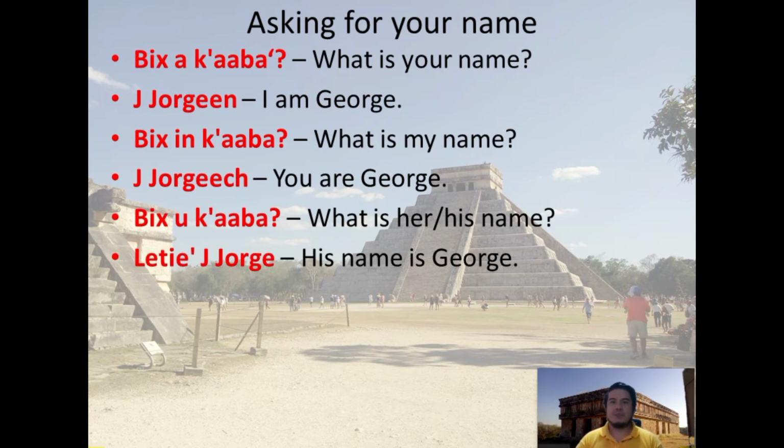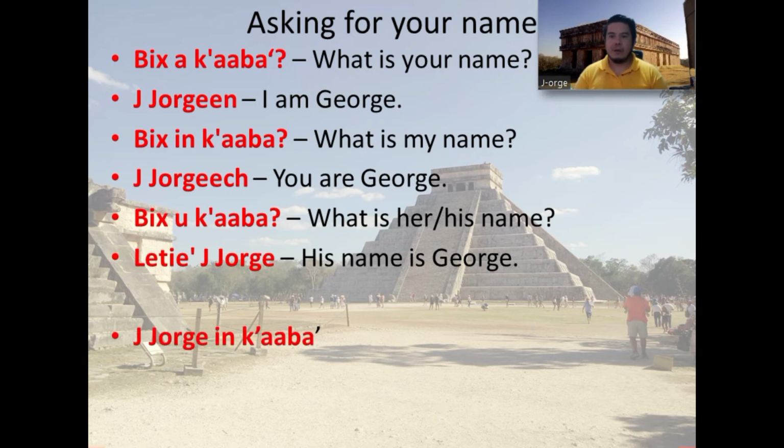It is important to notice that the pronoun Letier is the third person singular pronoun for he or she. Then we have Jorge, where the first J is the title, and then we have Jorge, which is the first name. And in this case, as you can see, there is no extra suffix or morpheme added to the first name. Then we have Jorge Incaba,